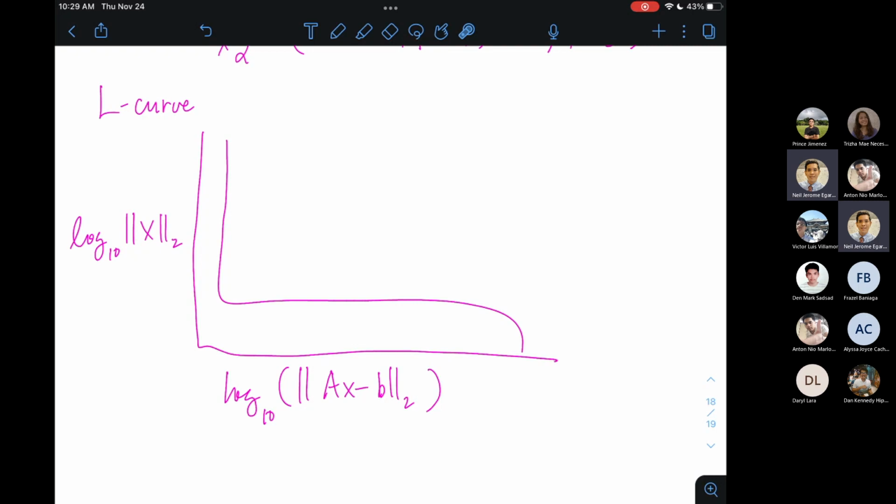So pagka nag-sacrifice ka ng konting error, pumunta ka sa kanan ng L curve, you are missing just a little bit of accuracy. So napaka-konting accuracy lang yung gini-give up mo, pero you're gaining too much improvement in the stability. You're becoming less sensitive to noise kasi ang steep ng decline dito with respect to the